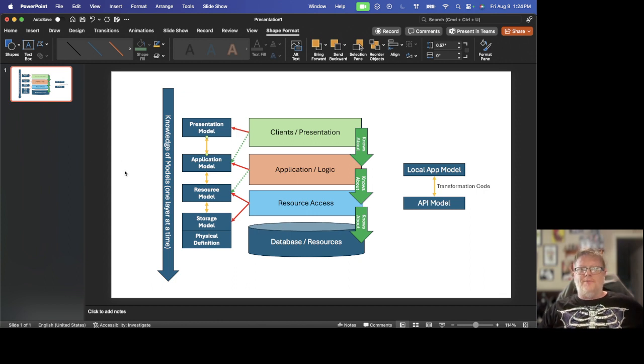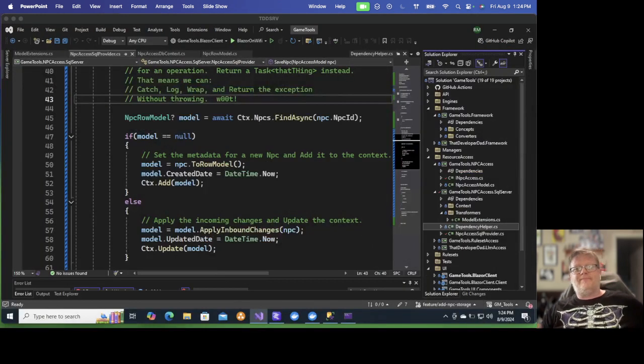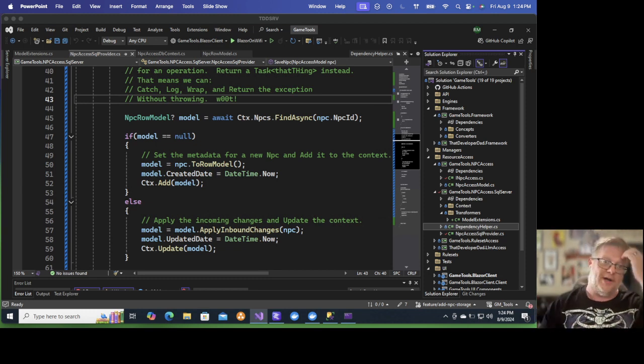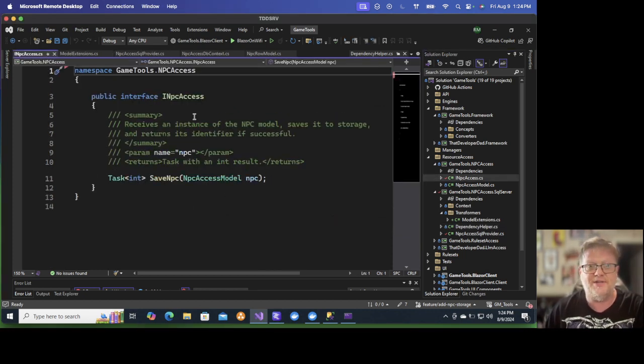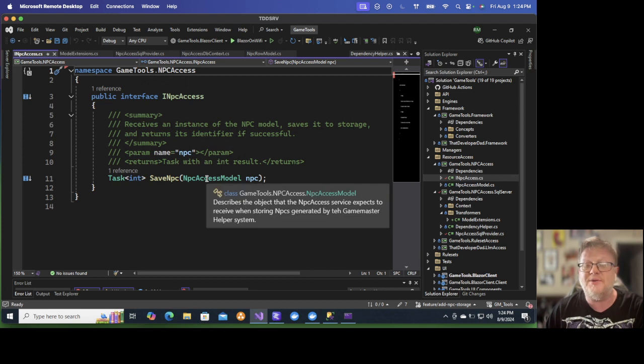Let's get into some code. So right here on screen right now, we have my NPC Access SqlProvider. This is the version of the contract, the NPC Access contract. All we care about here is that we can send an NPC Access model into one of these components, and